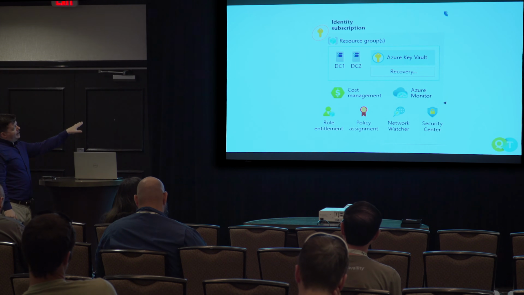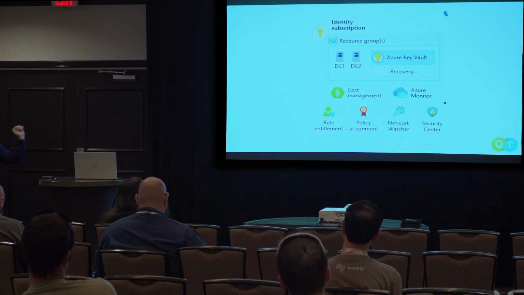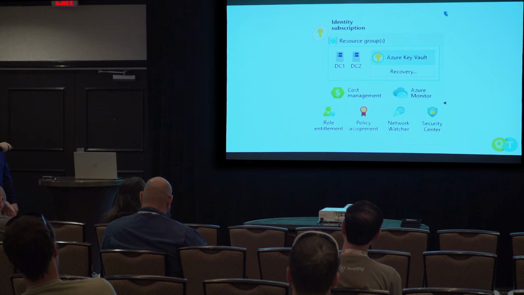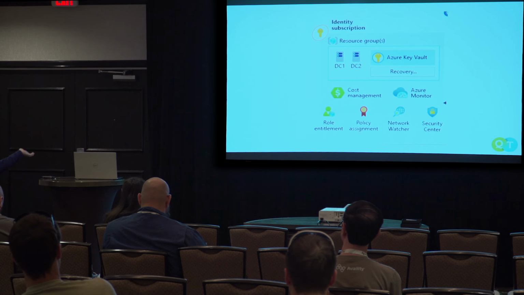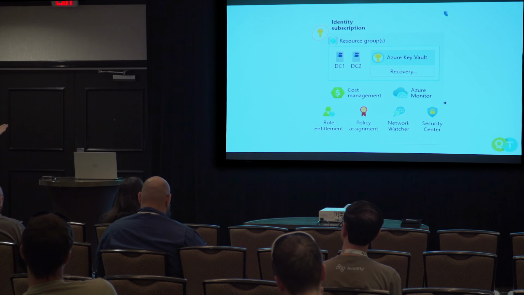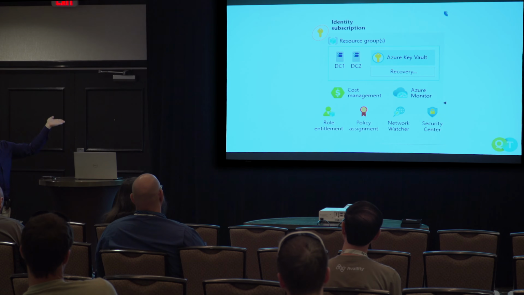One of the big ones they break out is the identity subscription. And in their guide, you'll notice that there's like nothing. They're just like, maybe you've got servers. And the reason for that is in the Microsoft world, you're just going to use Azure Active Directory. You don't need anything else. So it's empty. But in the real world, you're going to want this, because that's never how it works in whatever enterprise you're in. You're probably going to have some sort of identity-based workload. And you want to do it to the subscription.